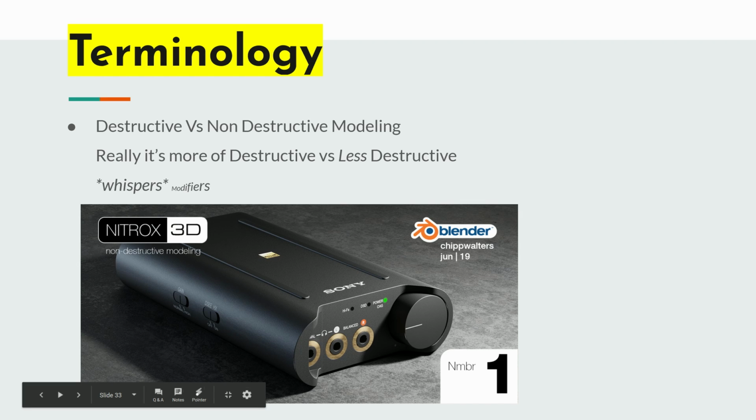So, destructive versus non-destructive. You'll see if you go through some tutorials, non-destructive stuff like this called Nitrox 3D. It's actually like a weird acronym for modeling in a way that keeps your models non-destructive. However, it's kind of working in a workflow that's all about modifiers, meaning there's certain things you can do, like a Boolean operation is a modifier. You just stack a whole bunch of modifiers on top of each other and try to get as far as